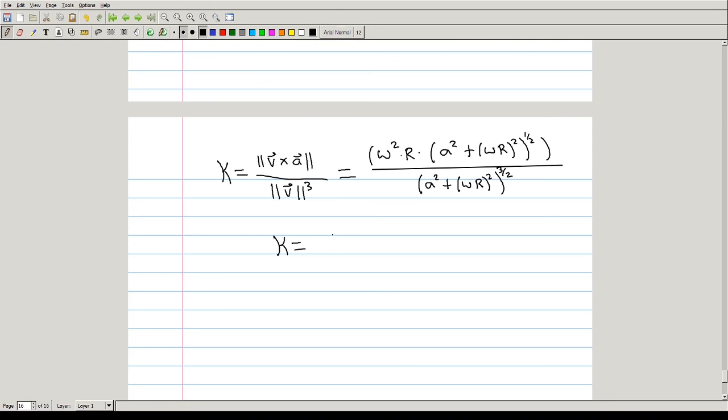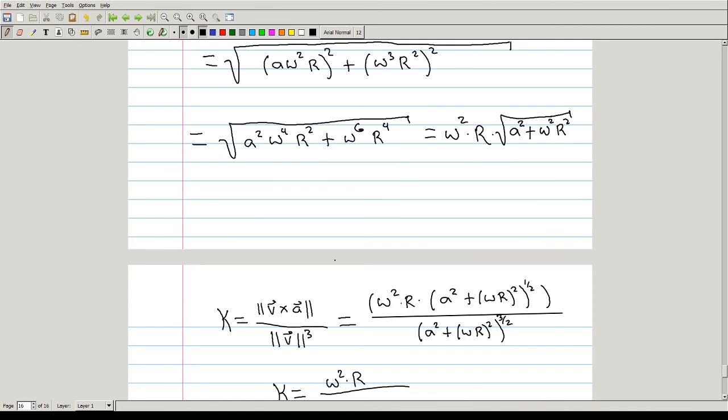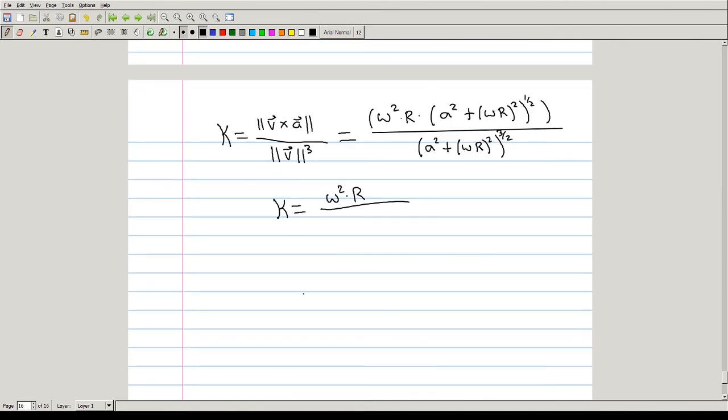So we have that this is the same thing as omega squared times r over a squared plus omega times r squared,